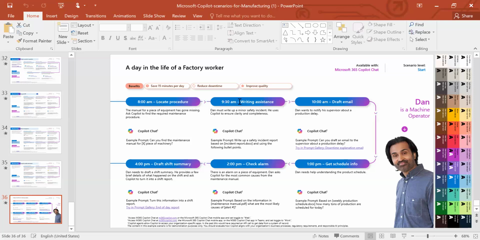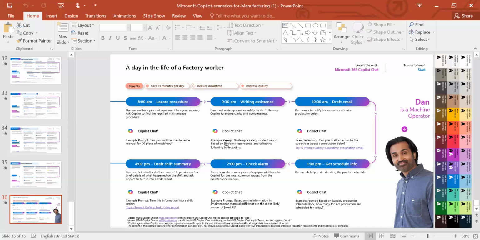Maybe at 9:30, you need to write an incident report. So Dan must write up a minor safety incident, something that happened at the organization. We are talking about Dan here. Dan is a machine operator. Something happened, and then Dan has to write a minor safety incident report. He can use Copilot to ensure clarity and completeness. So all he has to do is write a safety incident report based on the incident.